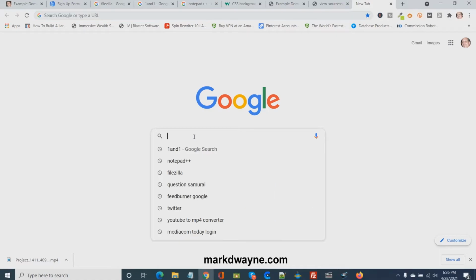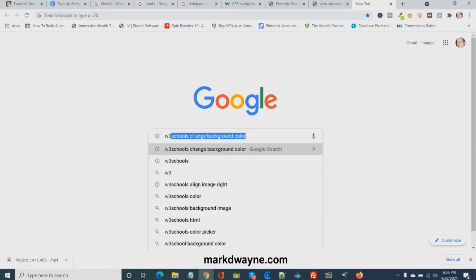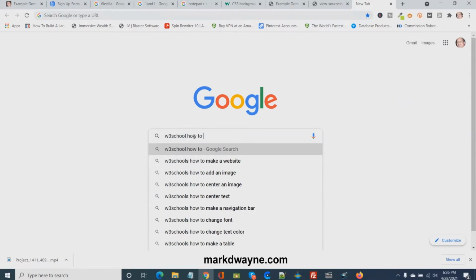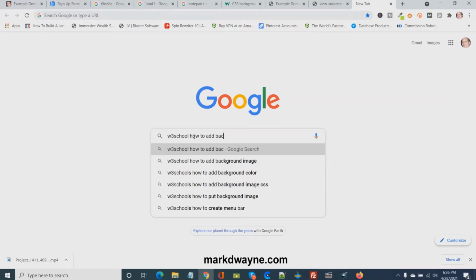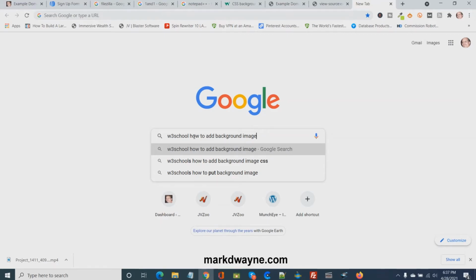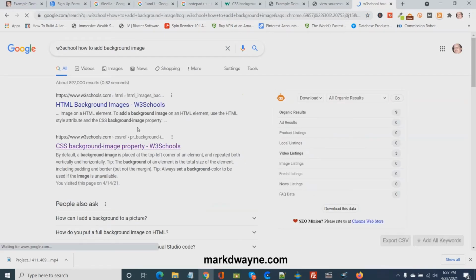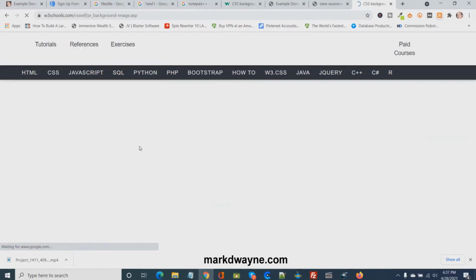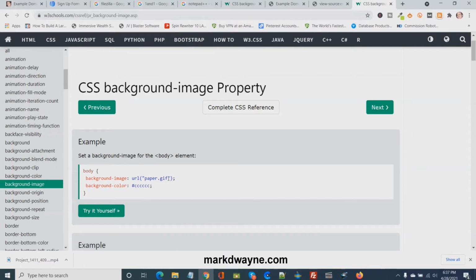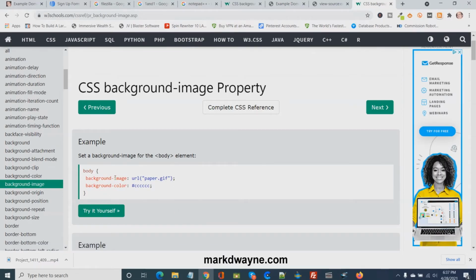And if you want to go to W3 Schools, search how to add background image. We don't want the HTML version. We want the CSS background image, and it just gives you the tag right here. This is the information you need right here. You copy that, okay, and then we go back,